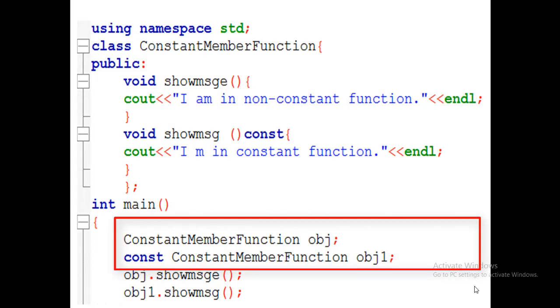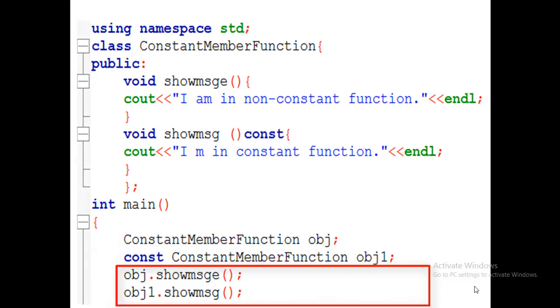We write the constant keyword prior to the name of the class, so it's a constant object. Here we are calling the simple function show message with the simple object obj. In the same way, we are calling the constant function show message with the constant object obj1. So it will execute smoothly.